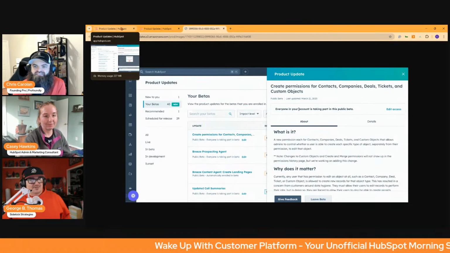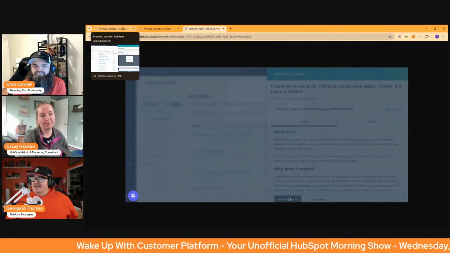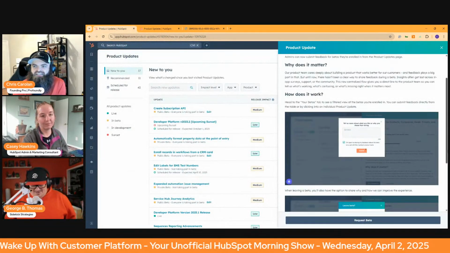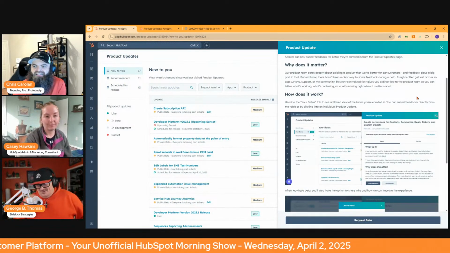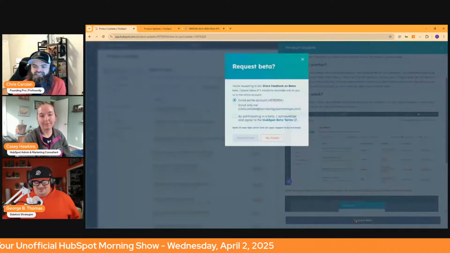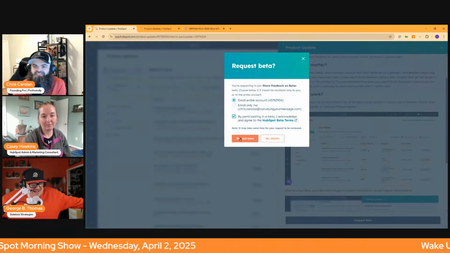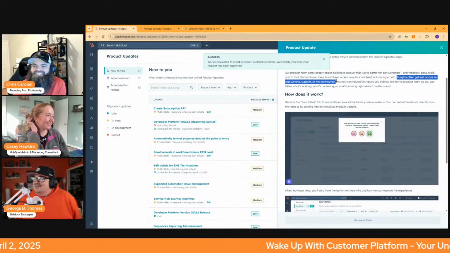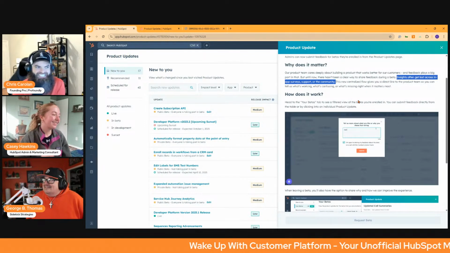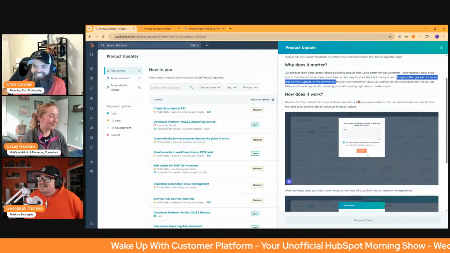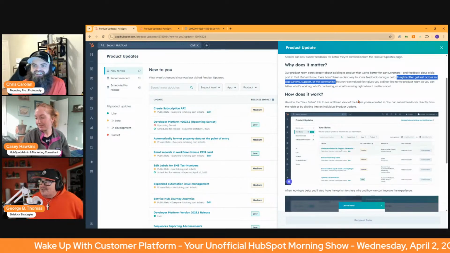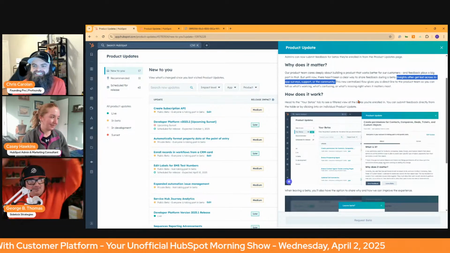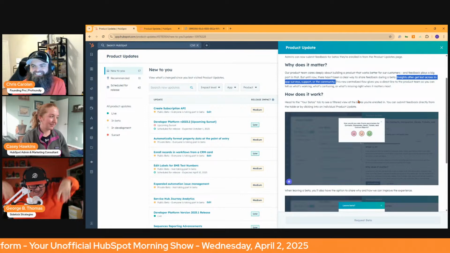I love the vulnerability of this, why it matters. Because if you think there's a human or a set of humans inside of the HubSpot organization that are like, but we can't even find our stuff. Our stuff is laying all over the place. This sentence here, the fact that they say insights often get lost across in-app survey, support, or the community, somebody's literally pulling out their hair as they're trying to type this line.